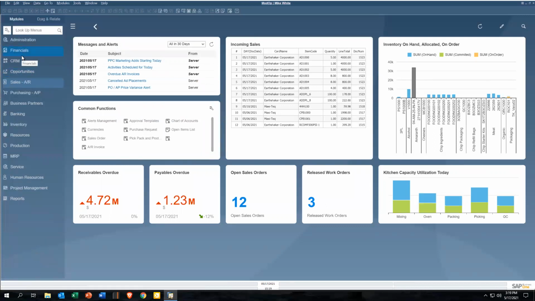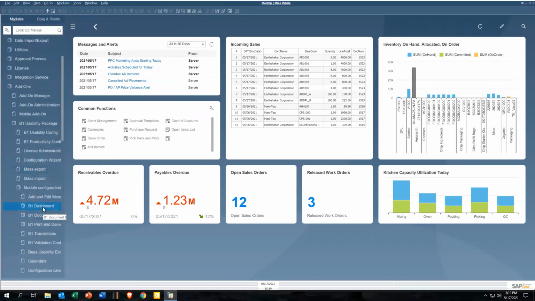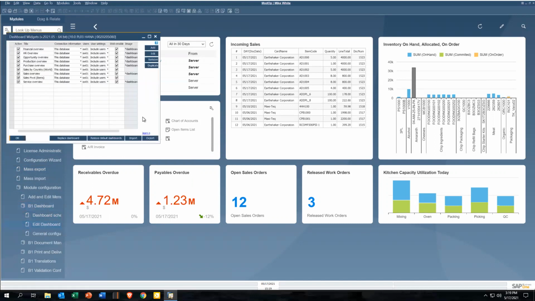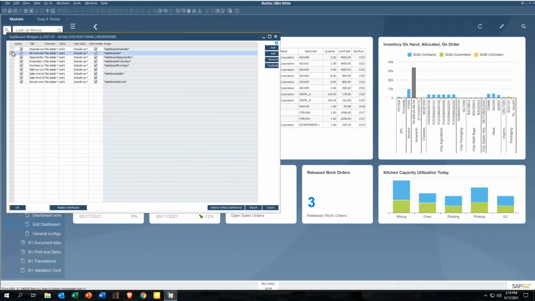Now, one of the other real fabulous features of the B1Usability package is the dashboard capability. Even though I am in a HANA deployment, one of the cool things about this is the B1 dashboards. And so let me bring up my dashboards here. So I've got a little over half a dozen dashboards in my system. And even though you've got cockpits, I don't want to confuse Boyum dashboards with cockpits. Let's say I want to take my